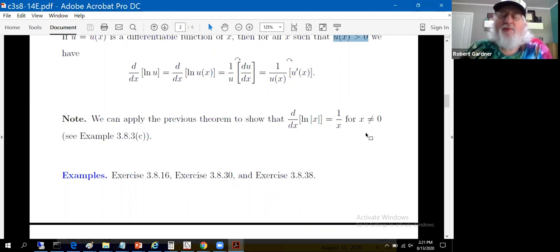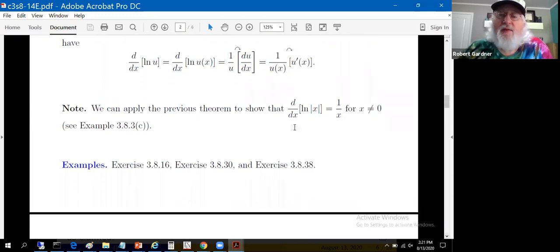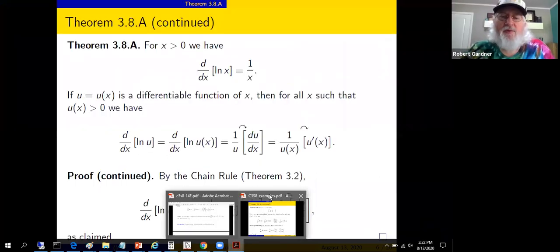Straightforward to establish. We've already established it for x positive upstairs. We do a similar type thing. We could use this chain rule stuff to establish it when x is negative even. All right, let's do 3 examples. And this little factoid that the derivative of the log of the absolute value of x is also 1 over x. This will come up at some point in the near future, possibly in these exercises. But let's look at 3 more exercises